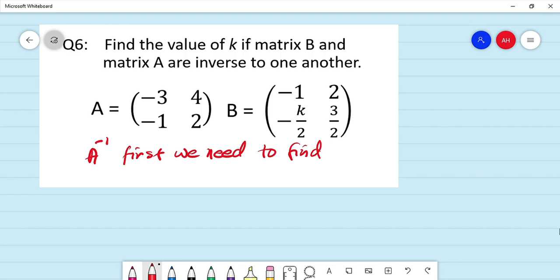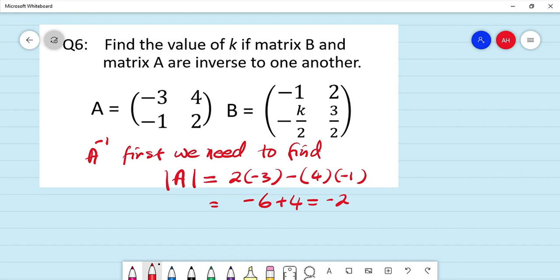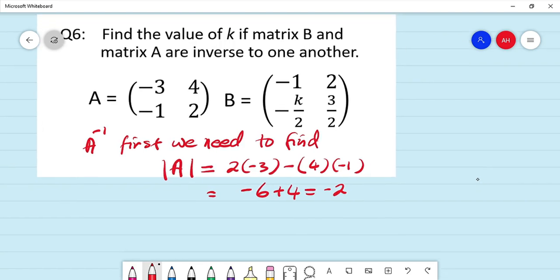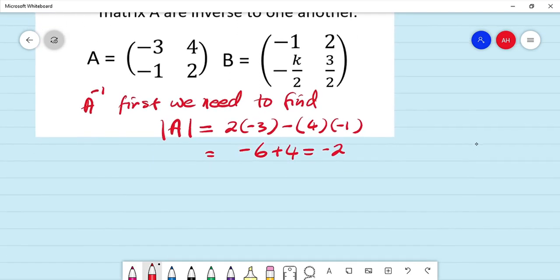the determinant of A. The determinant of A is equal to A times D, that is 2 times negative 3 minus 4 times negative 1. We have negative 6 and plus 4 there, and this is equal to negative 2. So the determinant of matrix A is equal to negative 2. Therefore, now we can write the inverse of matrix A is equal to 1 over the determinant of A,